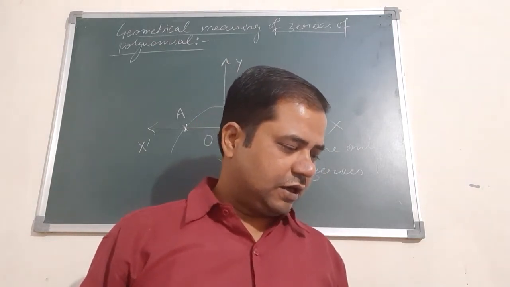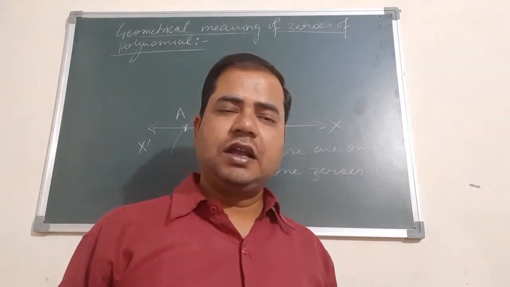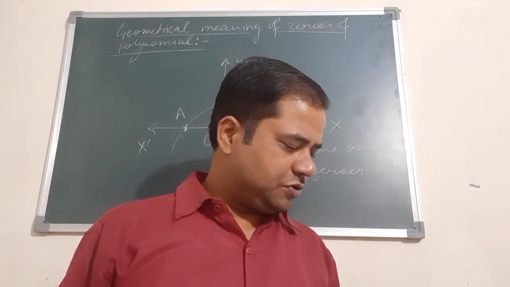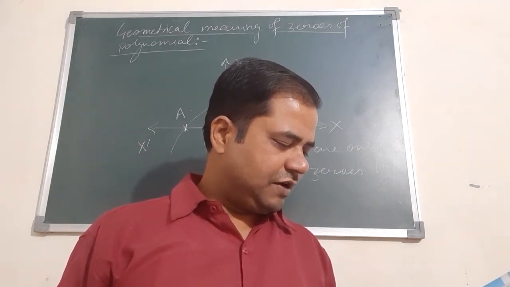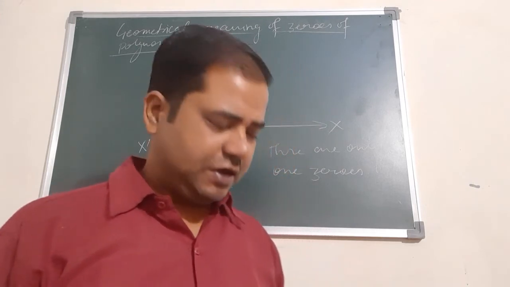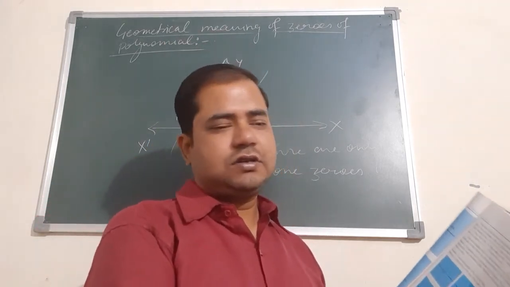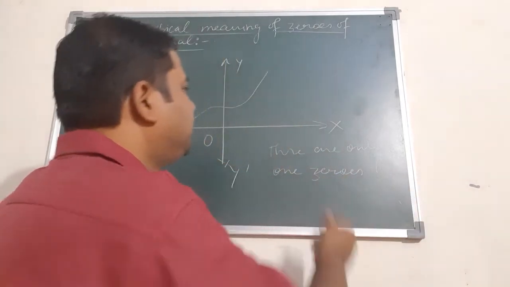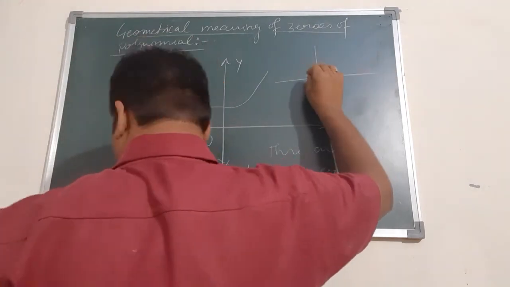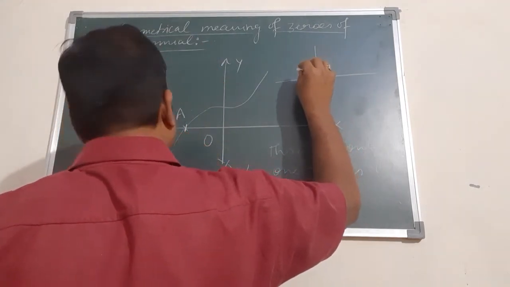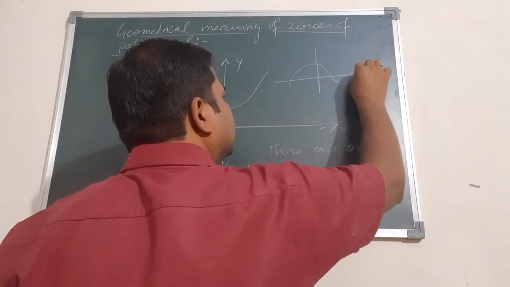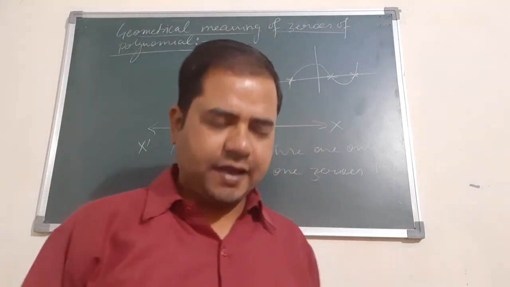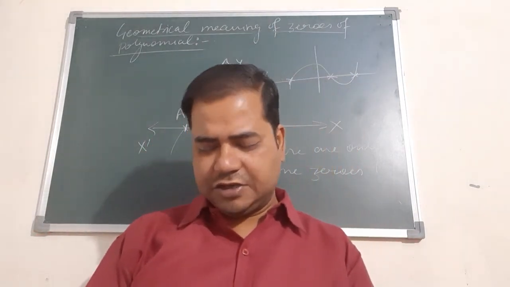In the third one, you know, 1, 2, 3. There are 3 points of intersection. Okay. The number of zeros is 3 because the graph intersects the x-axis at 3 points in example number 1, the 3rd question. See this one. 1, 2, 3. So the number of zeros is 3. Okay. So in this manner we have to complete this particular topic.